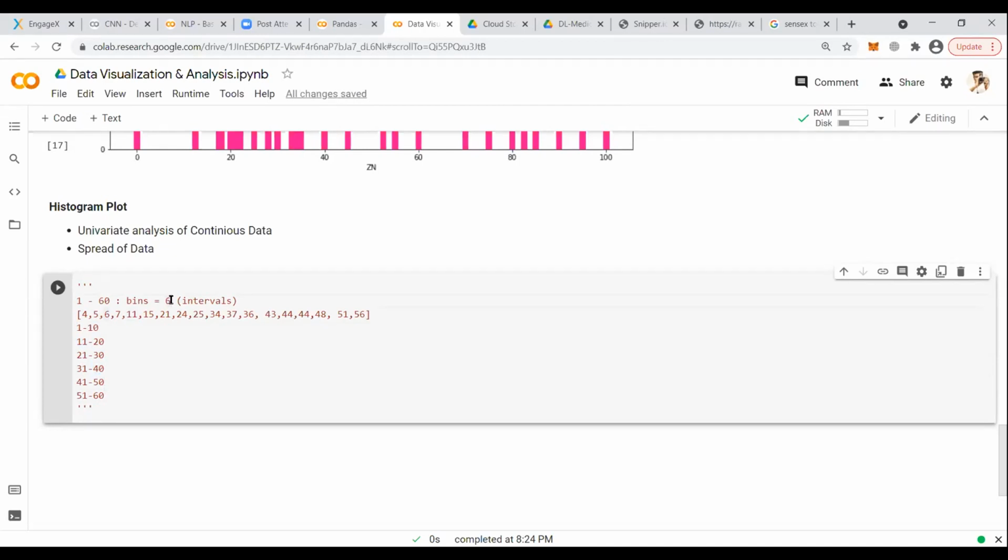Class, I won't explain the bins again. It will come in the practical. That's why I'm explaining here. You can understand it from this example only. Please repeat here. I won't explain it separately. Bins equals 6 decides what the range should be, how many intervals you want between your entire range of the data. My entire range of the data is between 1 to 60, and I want 6 intervals. Here are your values.